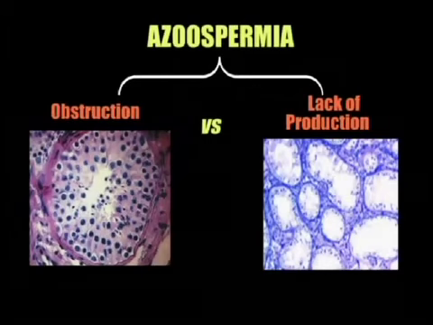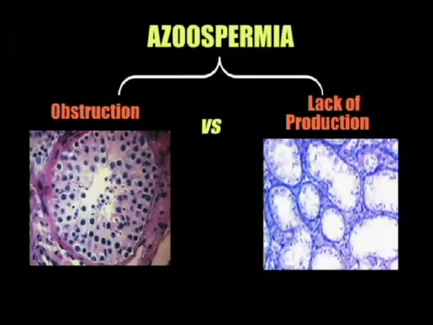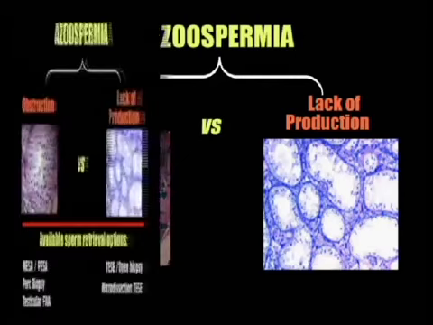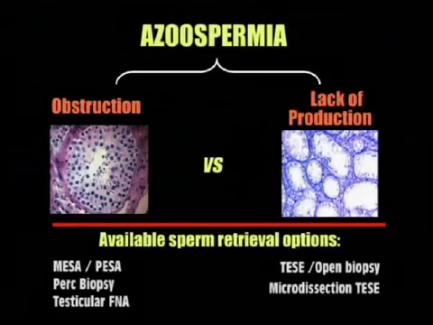Azoospermia is a lack of sperm in the ejaculate. There are two types of azoospermia, obstructive and non-obstructive. In non-obstructive azoospermia, sperm production is severely impaired. The sperm retrieval options available for non-obstructive azoospermia include fine needle aspiration, open testicular biopsies, and microdissection testicular